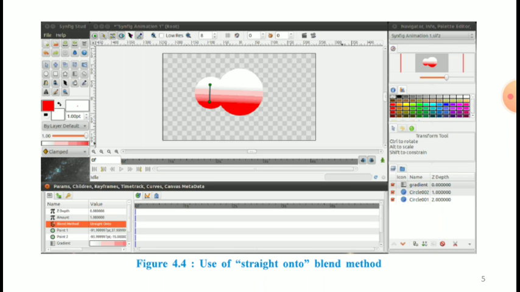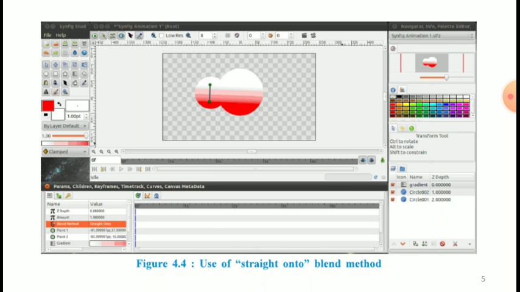If you want to apply gradient to a particular object or a group of objects, then we need to encapsulate them into a layer. Thus using encapsulation, we can apply the gradient to one layer without applying it to the layer beneath it.